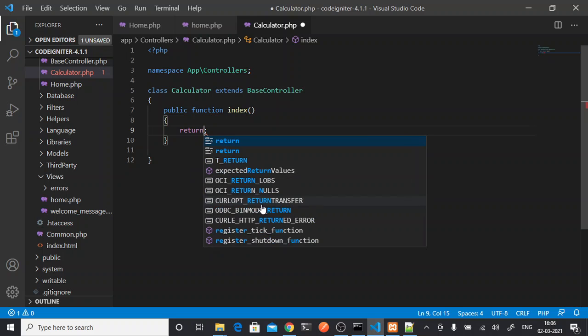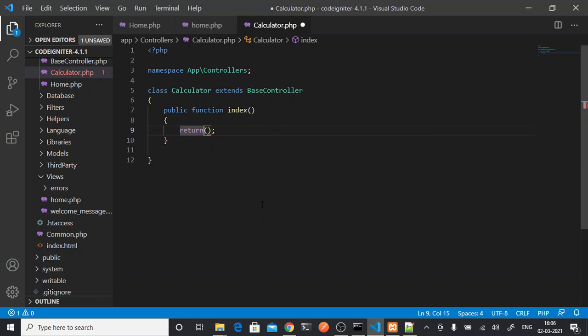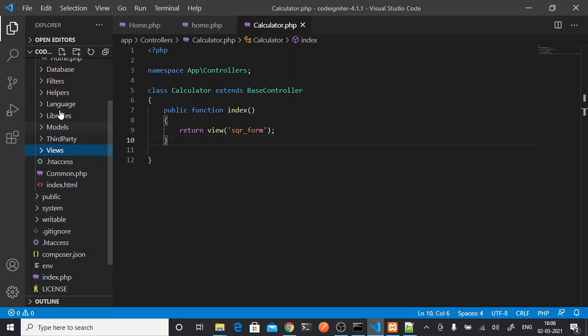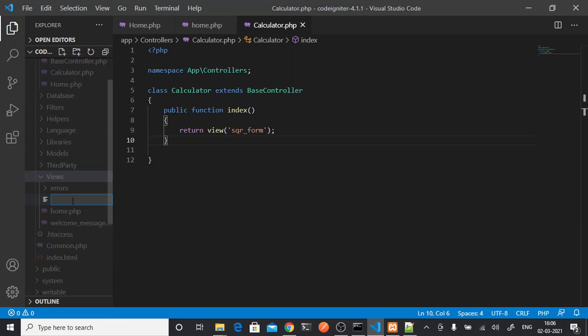So return view square or square form. You show me the square form on calculate. So with same name my view file should be there. So sqr form.php.